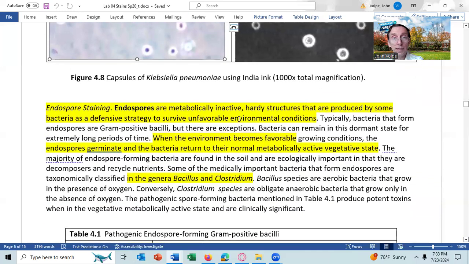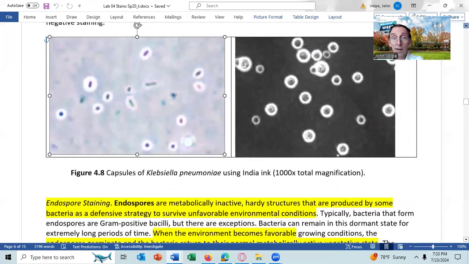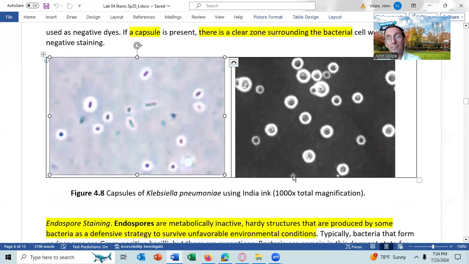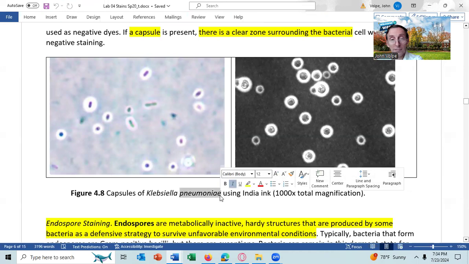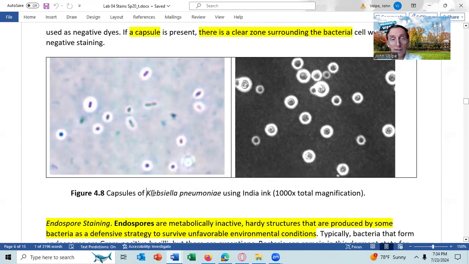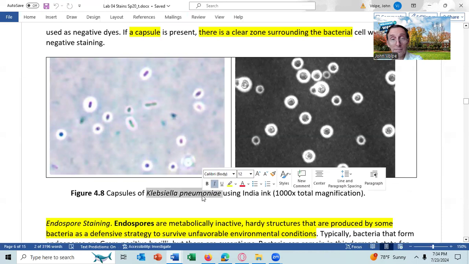And that's showing you Klebsiella pneumoniae, which forms a capsule, and the body has a hard time throwing this bacteria off. Why, if it gets in the lungs, it tends to form pneumonia. And before the advent of antibiotics, pneumonia was a very serious disease because, especially if it had a capsule, the body would have a very hard time fighting it off, and the bacteria would just grow in the lungs until it tended to kill the patient.